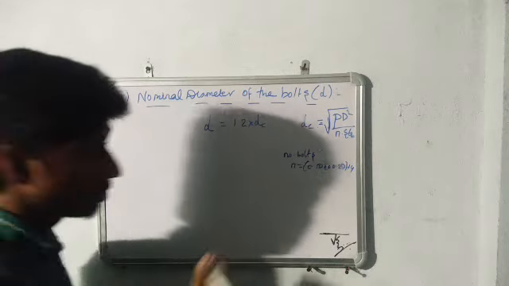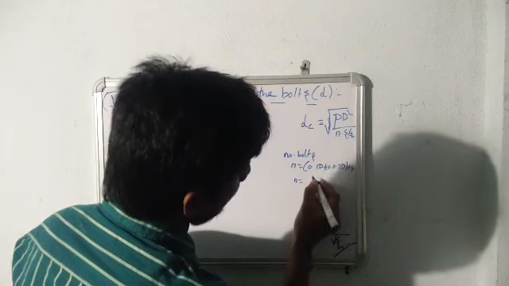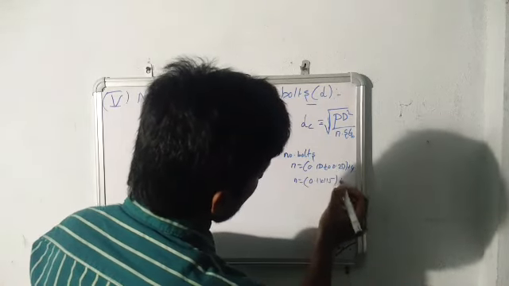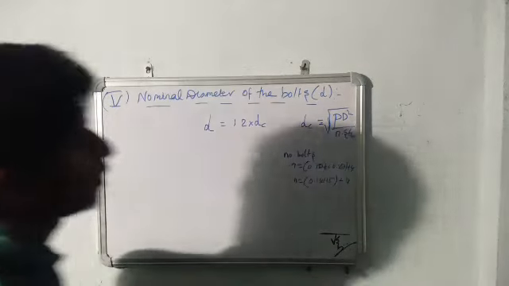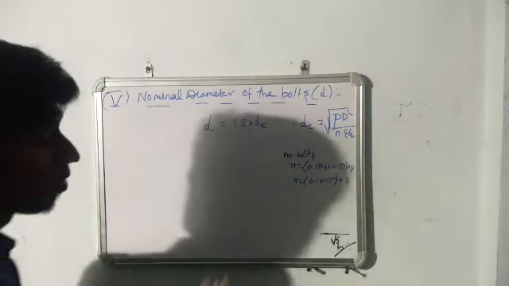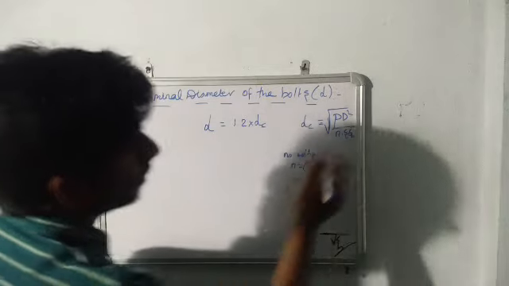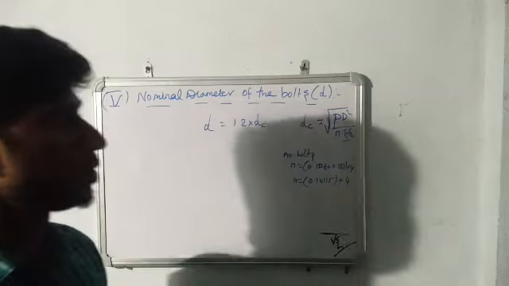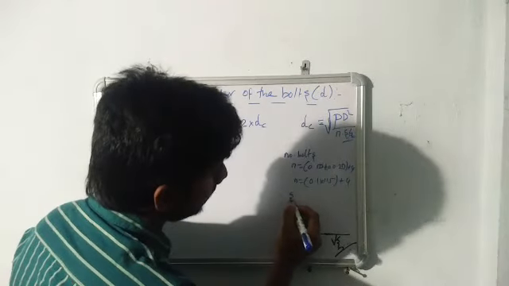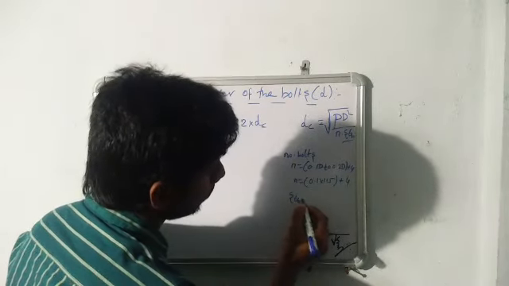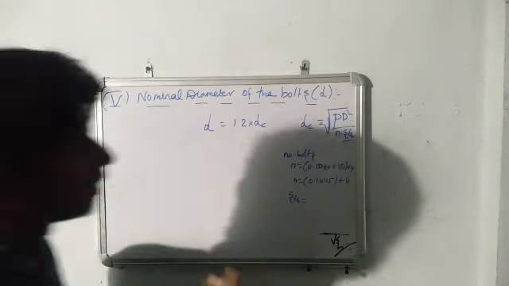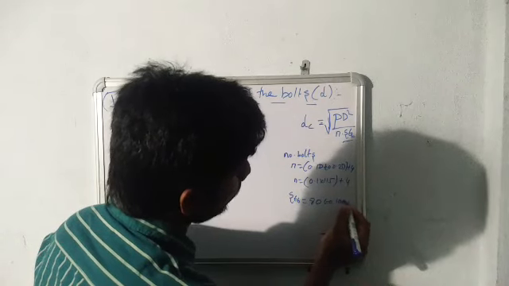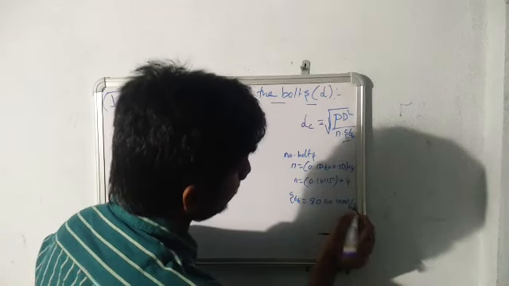How many bolts are used here? So I'd like to consider 0.1 into 115 plus 4. By doing this we get the number of bolts. Next, S T B is the tensile stress in bolts. It is also an assumed value, the standard value preferred in the design data book. It is in the range of 80 to 100 Newton per mm square.